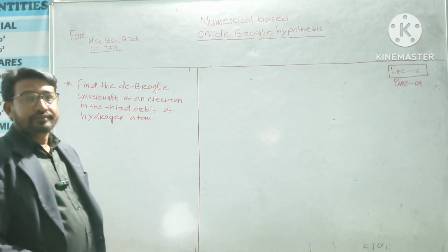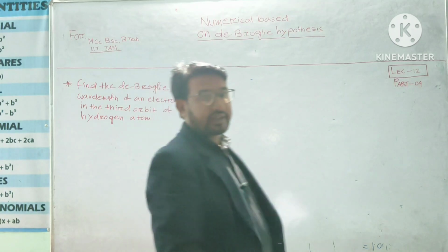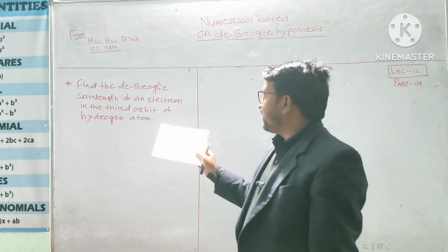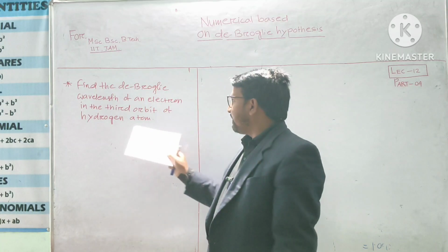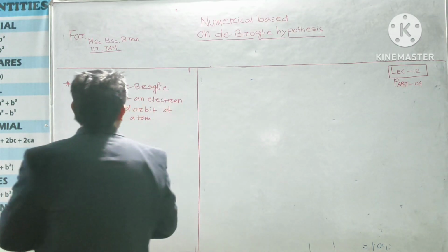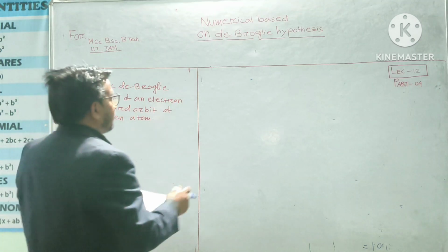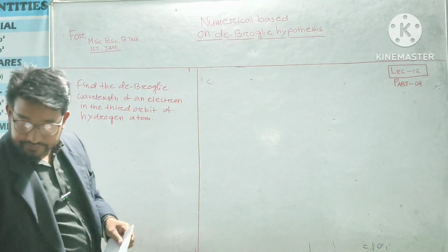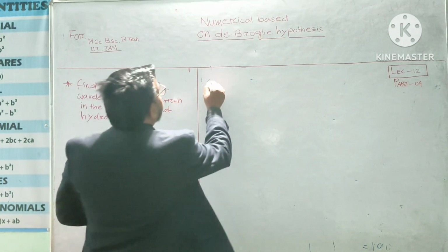Okay, our next numerical problem. The statement of this problem: find the de Broglie wavelength of an electron in the third orbit of hydrogen atom. Okay, so the given information of this question, solution: particle is electron, this is clear that